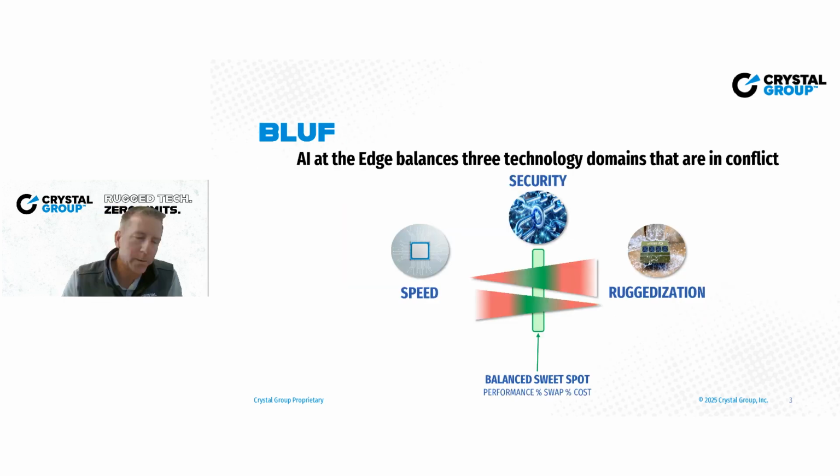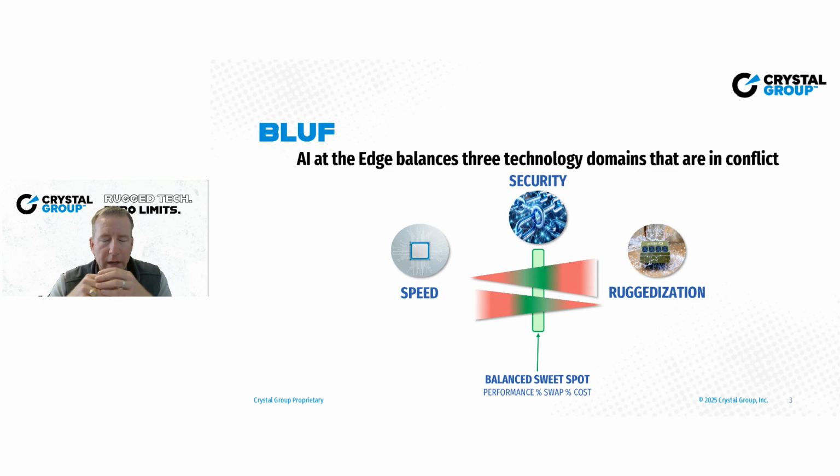All right, so bottom line up front here is that when we talk about bringing AI edge solutions to reality, the customers, the suppliers, the engineers, the business, it ends up being this process of balancing three broad categories of capabilities: speed, security, and ruggedization. In an ideal state, you maximize the speed, you've got perfect security, and you've got ruggedization, with margin and all that to spare. The reality is you're going to have to balance these things and find that sweet spot